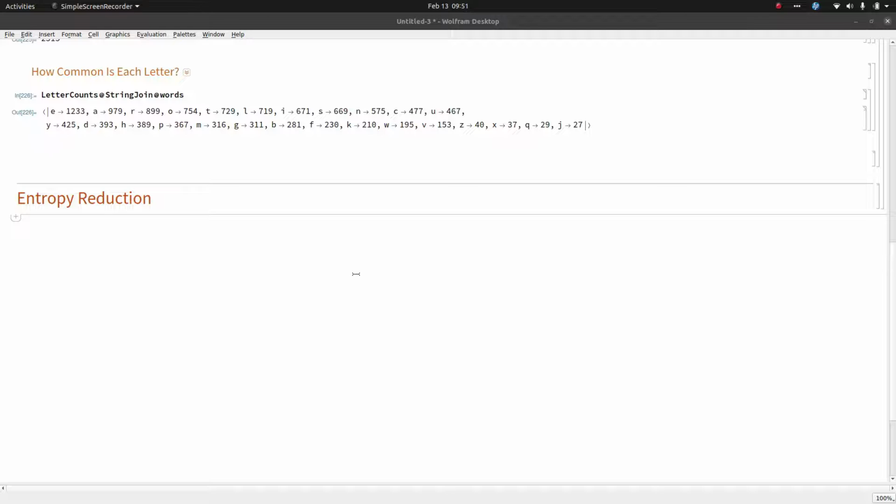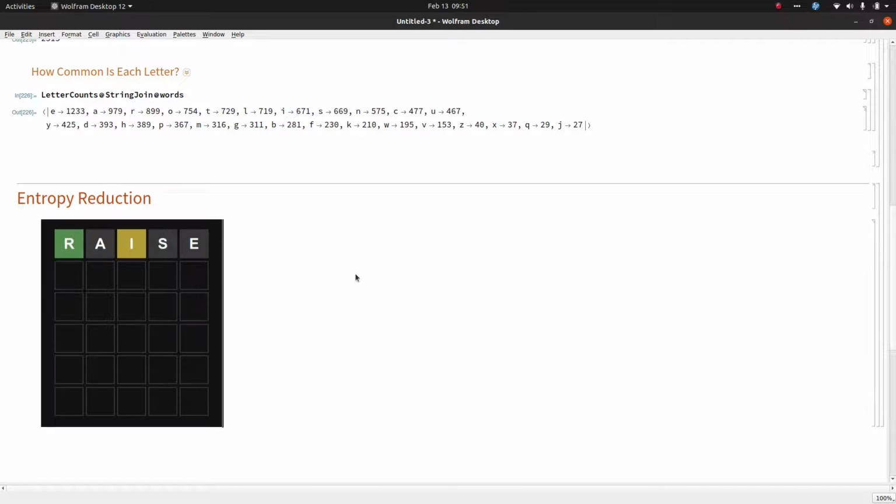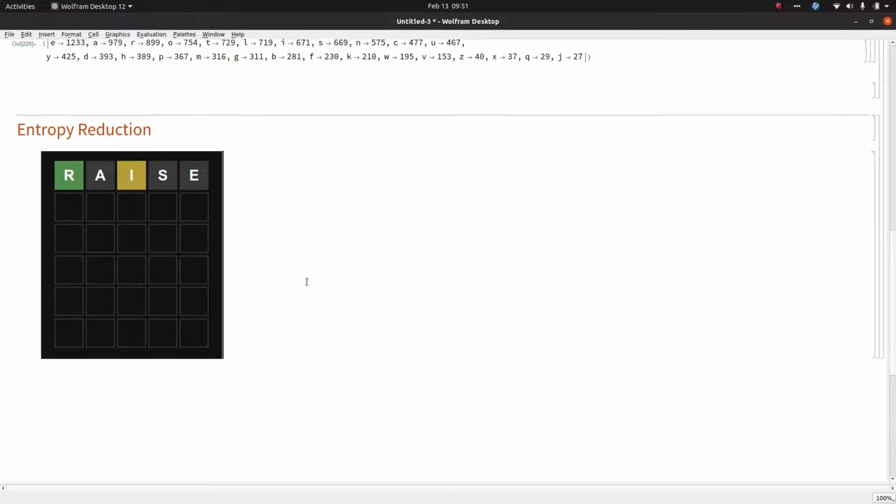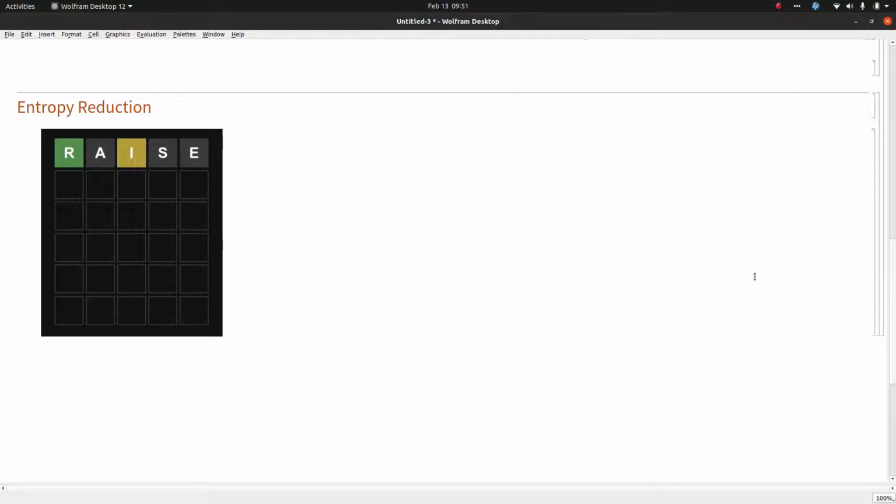So I've got a second screen here where I've just made my first guess. My first guess is the word raise. You can see that from the word raise, I've guessed the letter R correctly. However, the letters A, S, and E don't appear anywhere in the word. And the letter I appears somewhere in the word, but it's not the third letter. So I'm going to go ahead